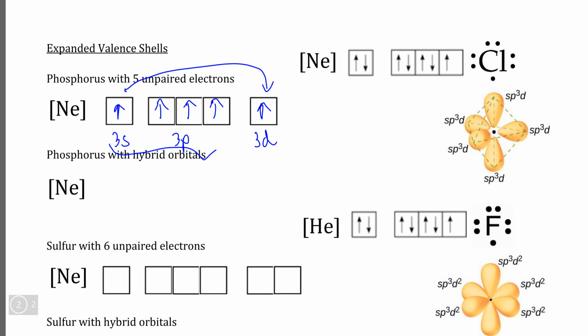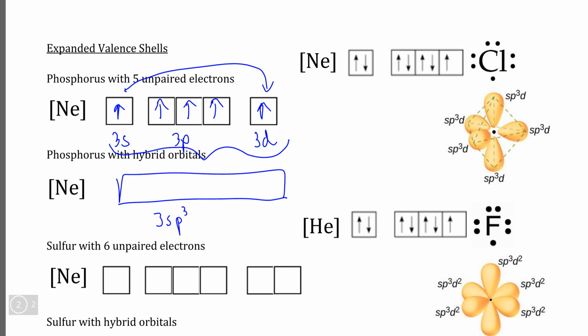So again, we do a hybridization event where we don't just hybridize the 3s and all of the 3 orbitals in its 3p subshell, but we also join to it this one orbital in the d subshell, such that this hybrid subshell contains 5 orbitals that are all at the same energy level, thereby allowing phosphorus to have 5 unpaired